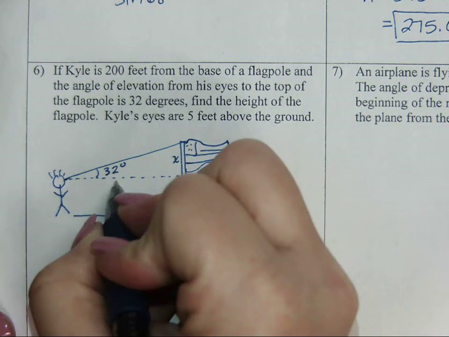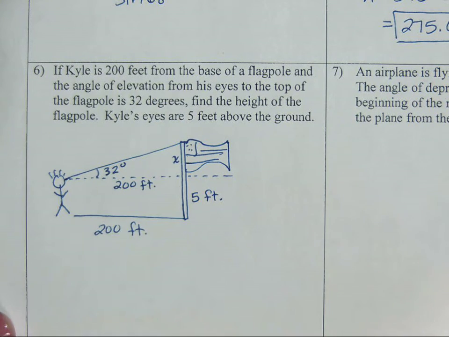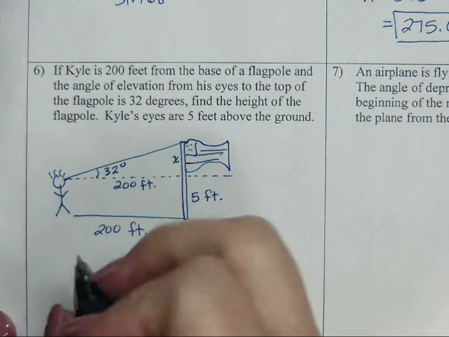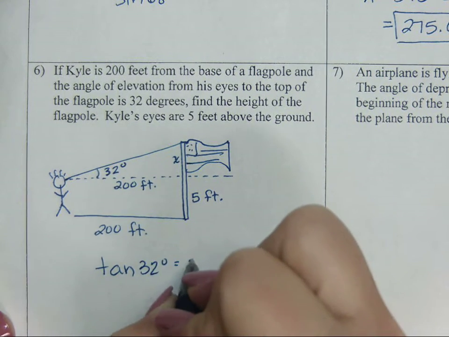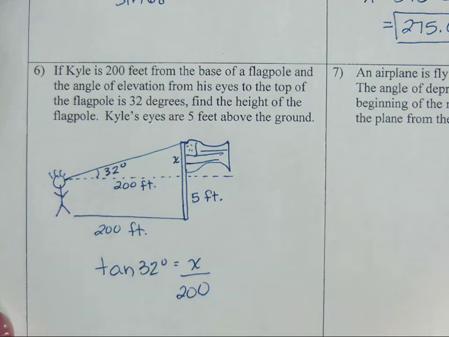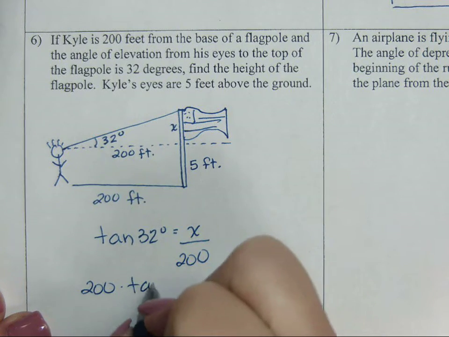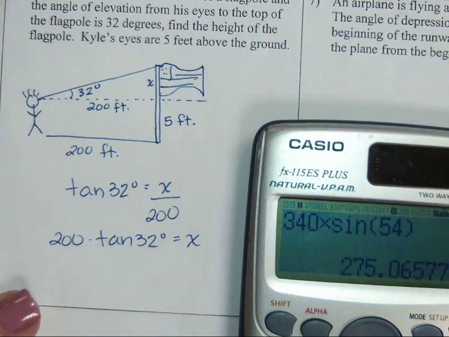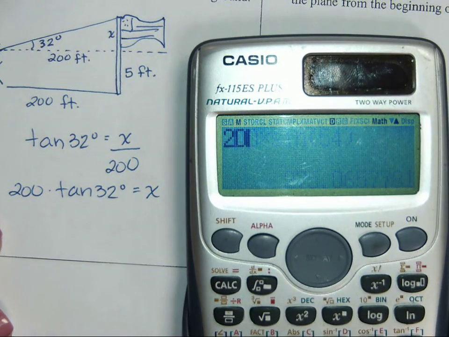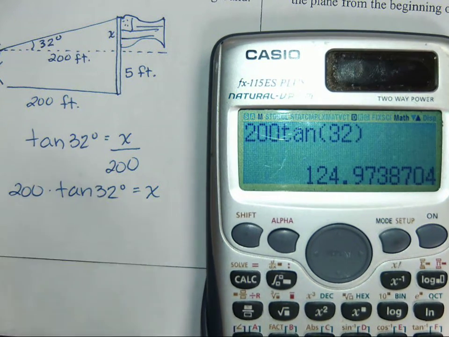So when I set this up, I can also kind of move up that 200 feet so I can have it labeled up here with my triangle. And in this case, I'm going to want to use tangent. So the tangent of 32 degrees is opposite over adjacent. And so again, to solve for x, I just need to move 200 over to the side. And so 200 times the tangent of 32 is 124.97,